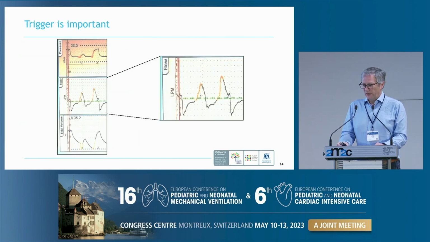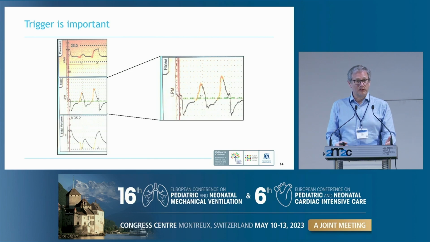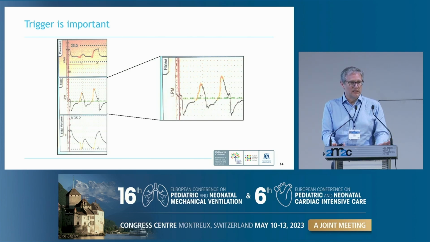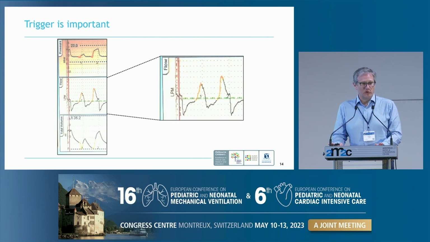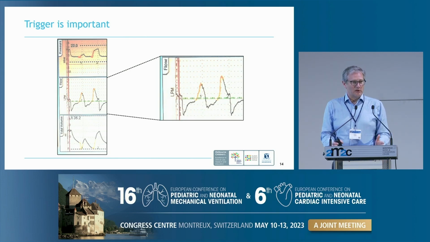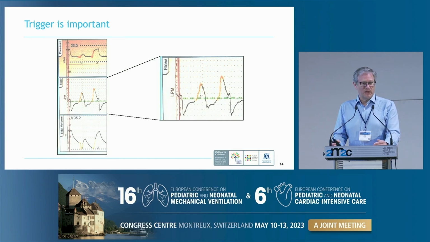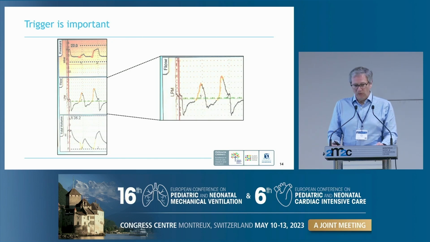As I highlighted on Wednesday, we need to use different trigger settings, often compared to older, bigger people. Our babies are smaller. Our ventilators use flow as a method of triggering. You should never, in my view, put a baby on a ventilator with a method of triggering where the trigger is hidden in the ventilator. It needs to be as close to the patient as possible. These patients are smaller. They're going to generate less flow when they take a breath in, so you need to have a trigger which is as close to that patient as possible so that you can minimise the imposed dead space of the circuit.